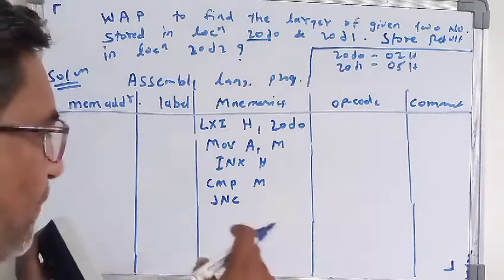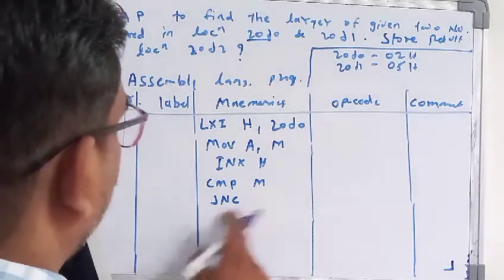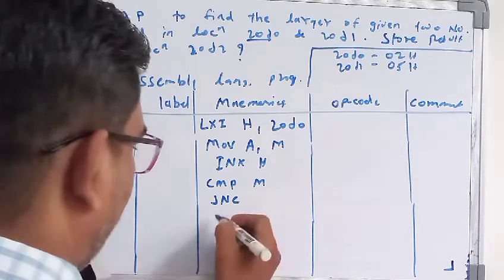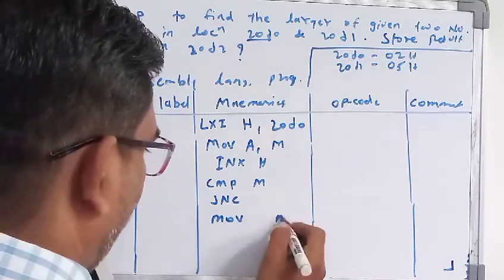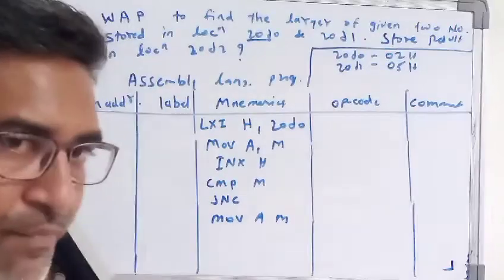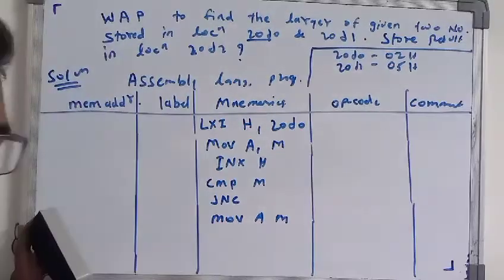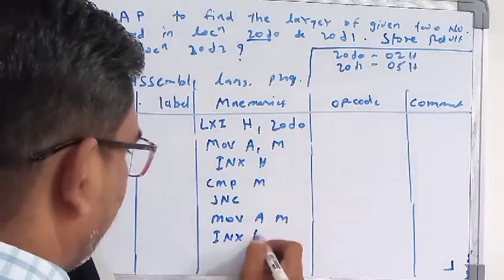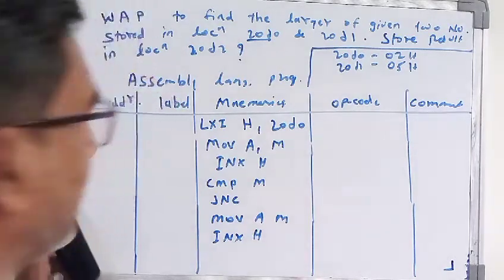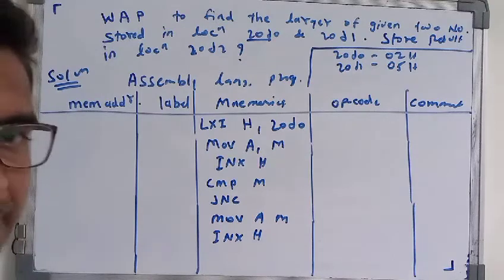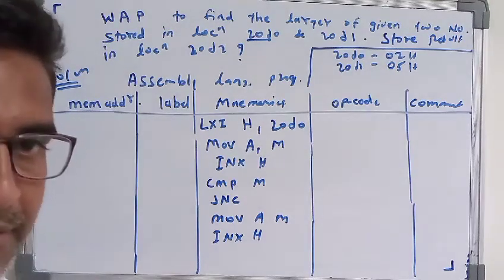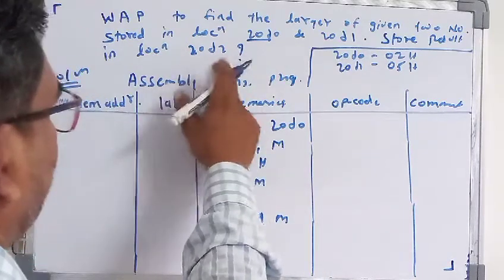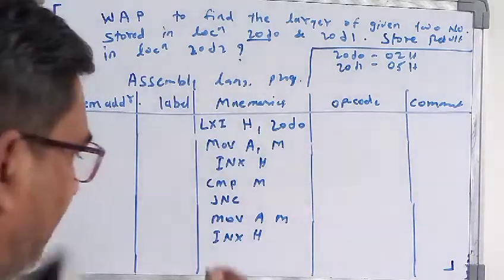for measuring that value. Then this jump instruction, after then if it got the larger number, then it will move from memory to accumulator. Okay, after that one you have to again increment one memory, INX H. Okay students, then you have to store that particular result in some address. I have told you in this location you have to store the result. You have to write down